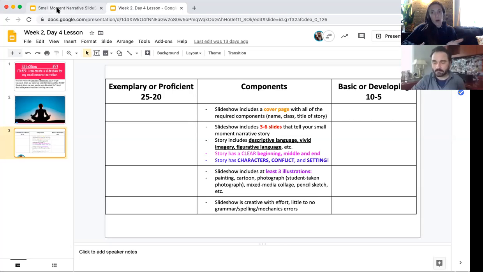Your slideshow also has to have 3 illustrations. They can be paintings, cartoons, photographs, mixed media collages. You can do a pencil sketch. If you don't want to draw something yourself, you don't have to. You can use the internet to find an image. And those illustrations should help to tell your story in whichever creative way you can possibly imagine doing that. I would love to see